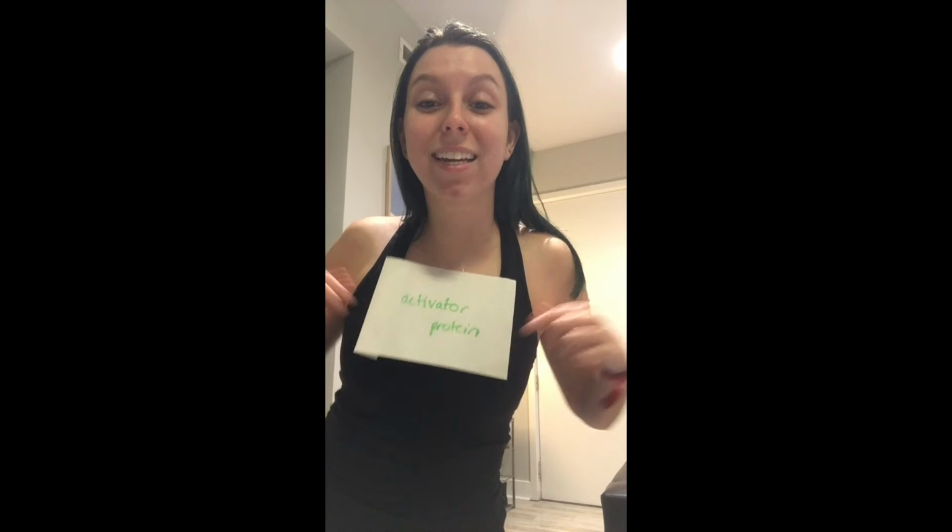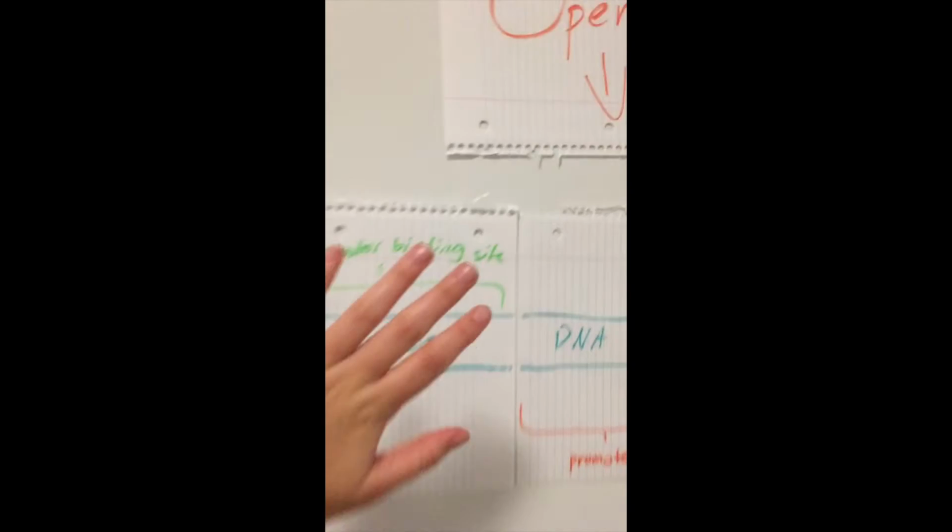Hey everyone, I'm Kat. I'm an activator protein. Hey guys, Kat behind the camera. So this is the operon that I'm trying to get going, but for some reason, I just can't stick to this binding site. Okay guys, so I googled it, and apparently you need a small molecule to help you bind to this activator binding site. I mean, who knew, right? But I think I just found my small molecule.